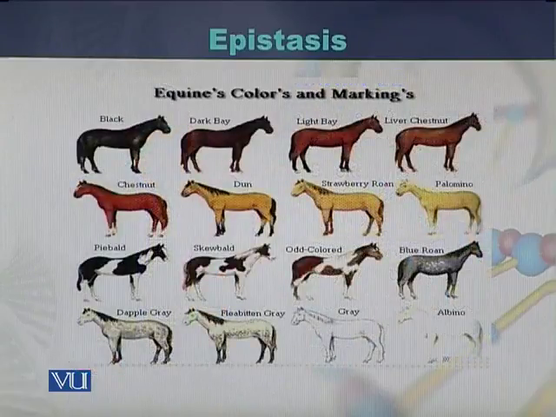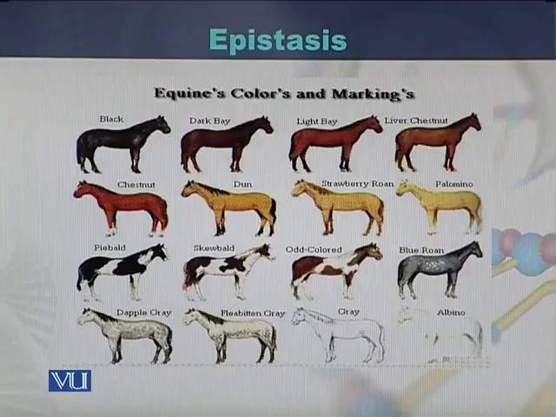Here we can see all the colorations of the horses: black, dark bay, then light bay. Then there are different dun type horses, and some completely albino type horses. So all these colorations in the skin or fur of the horses are due to the